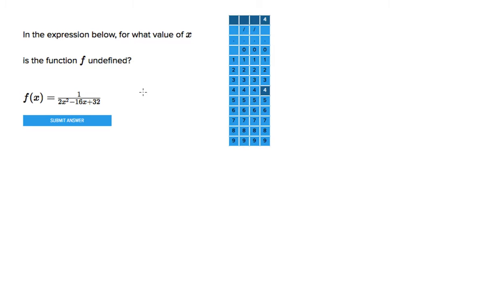Hi, I'm Brian. This is an SAT math question involving exponential functions, specifically quadratics here. So we're given this function down here, f of x, and we're asked for what value of x is the